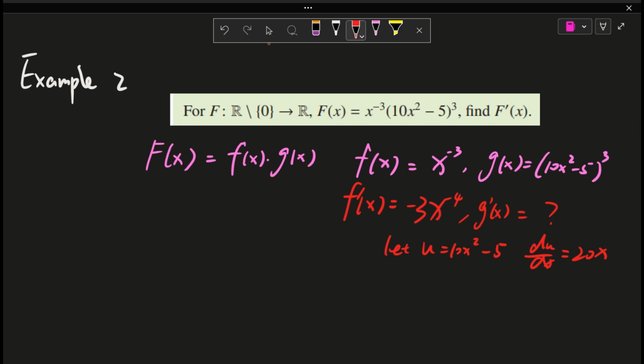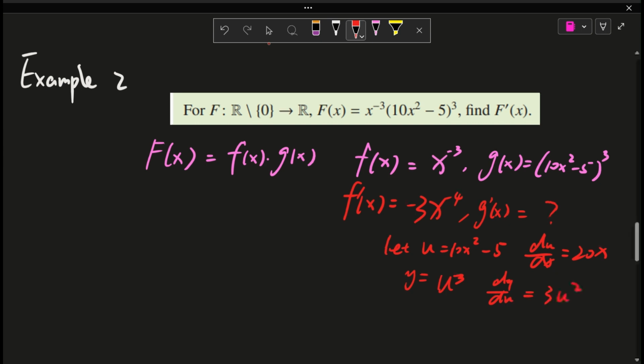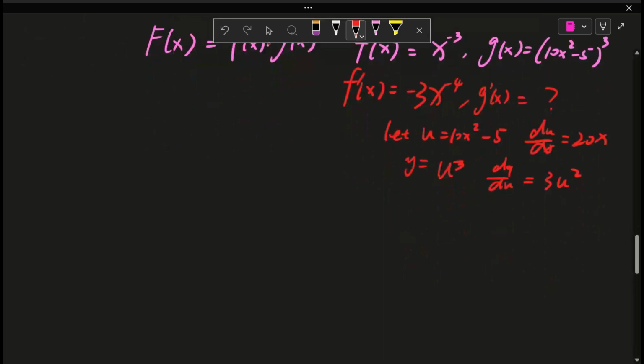And let y equal u cubed, and dy/du equals 3u squared. So multiplying each other, that will be equal to